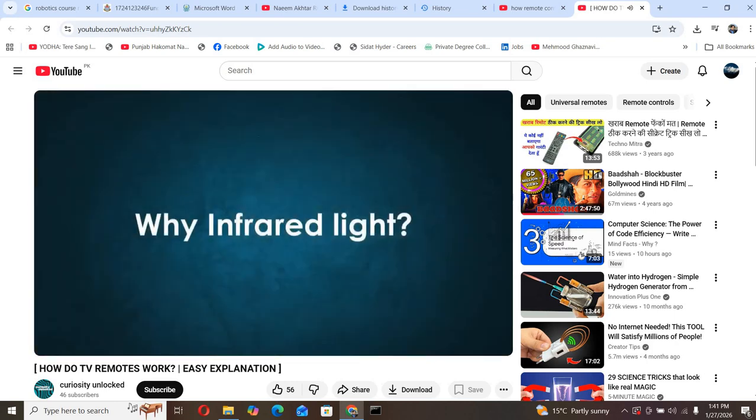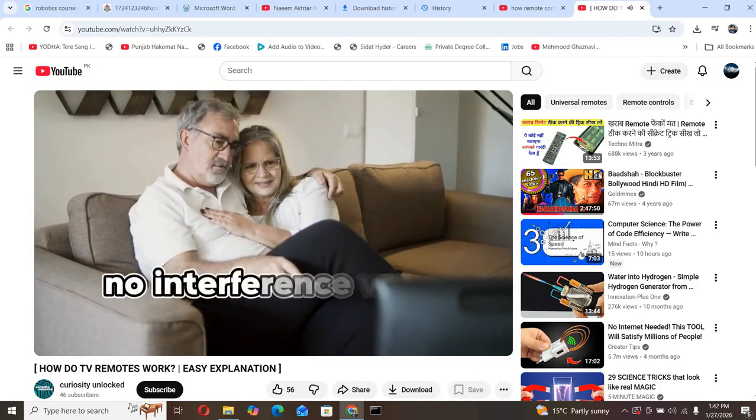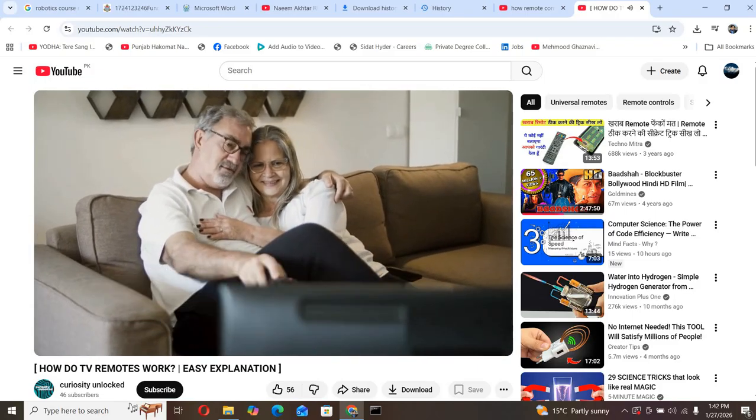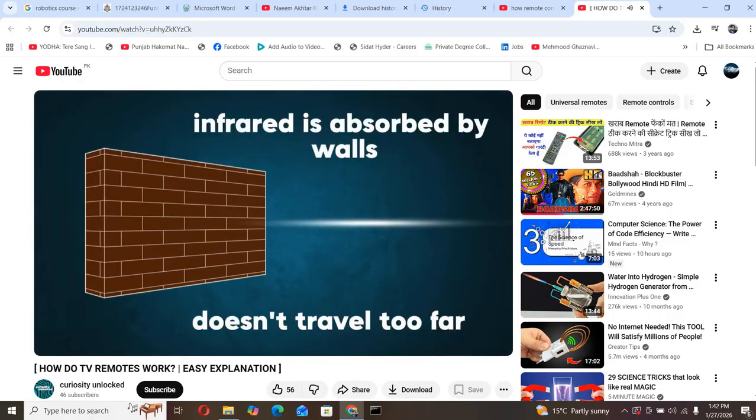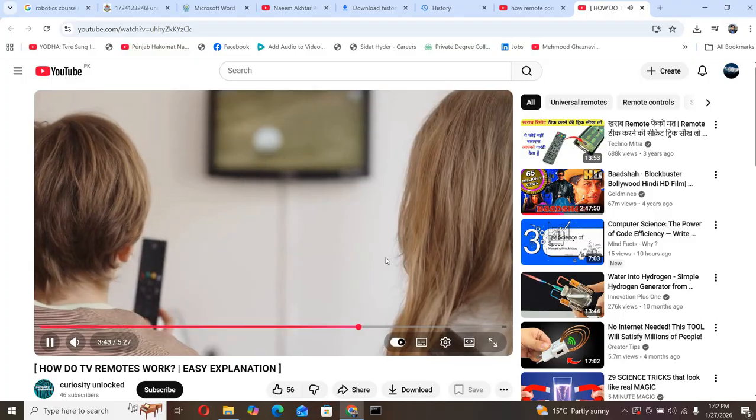Now you might be wondering, why use infrared light in the first place? Well, infrared light is perfect for remotes because it doesn't interfere with the things we see every day. Plus, infrared is easily absorbed by objects like walls, so it doesn't travel too far. This helps keep the remote focused only on the TV,